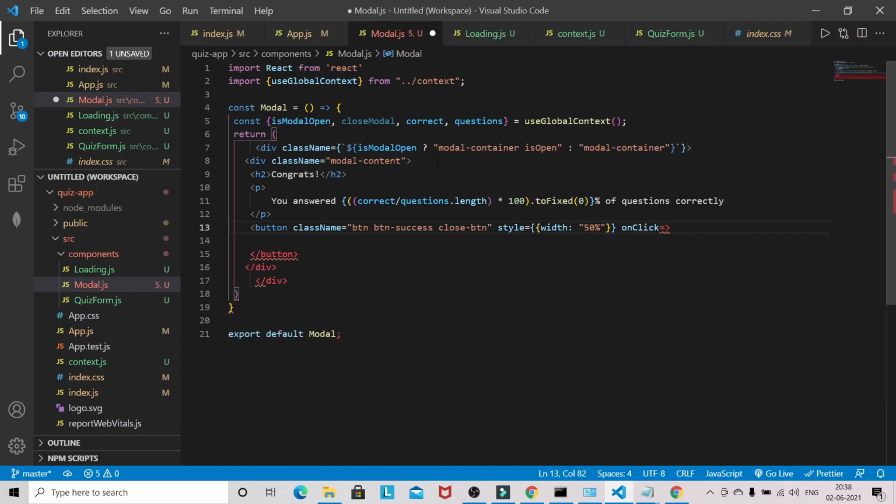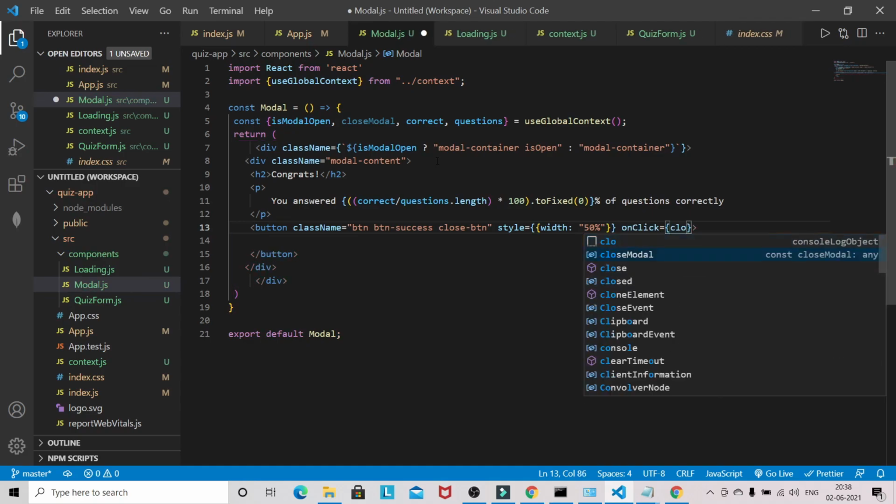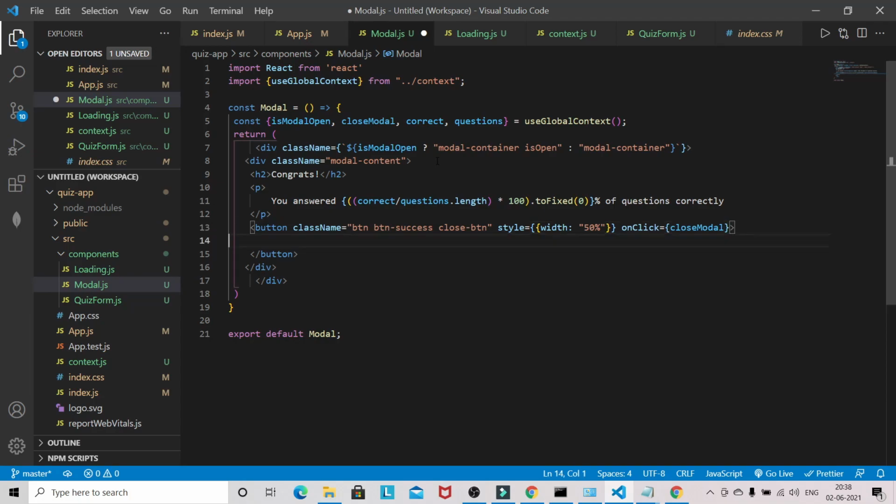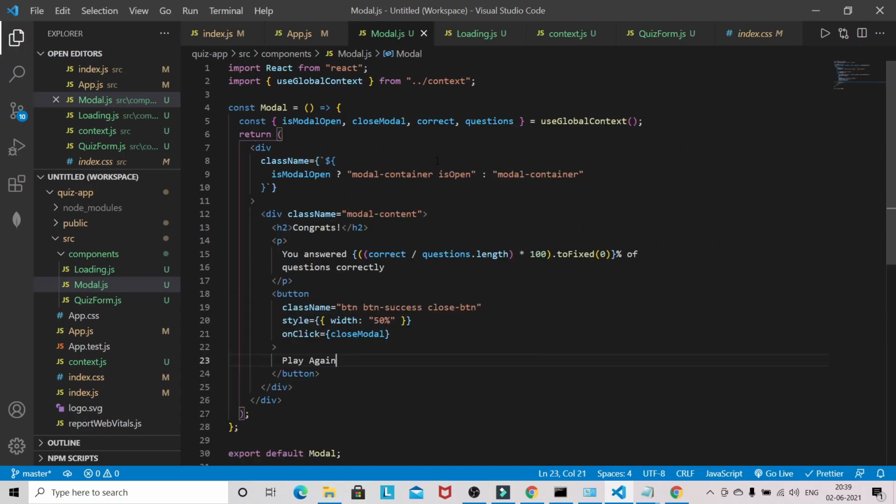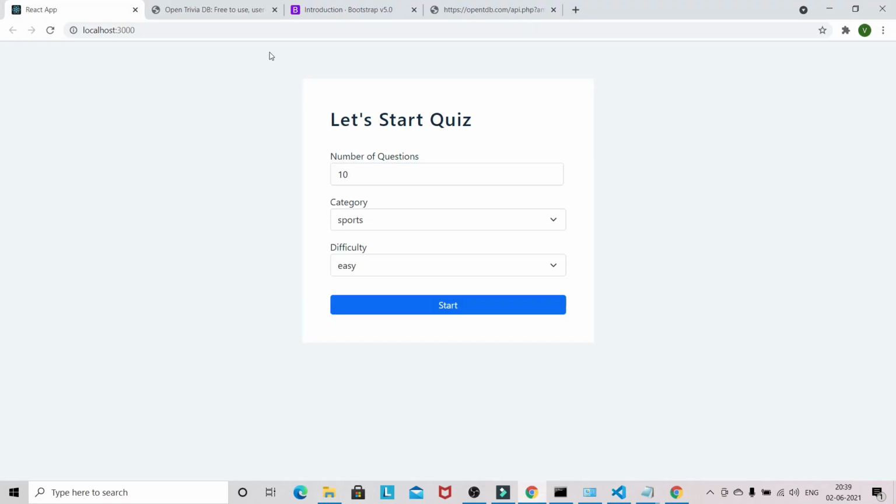So on click it will close the model as well as restart the quiz. Okay, so play again, I can give as the button name. So let's see first. I will give 5 only.